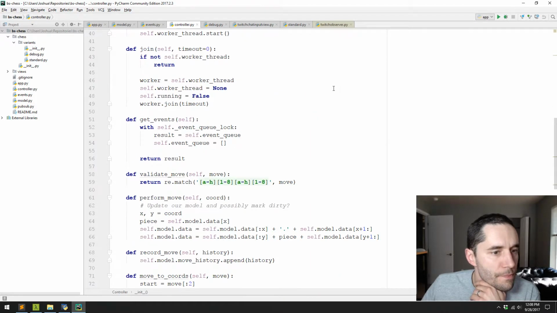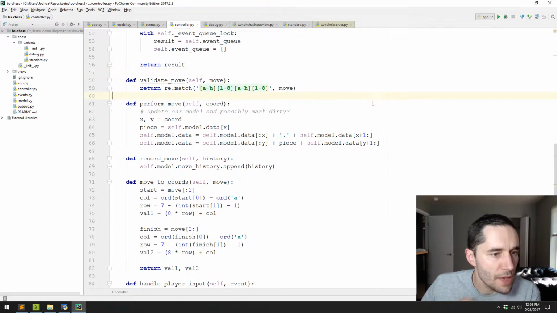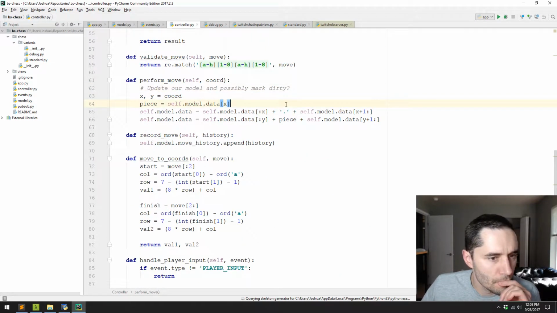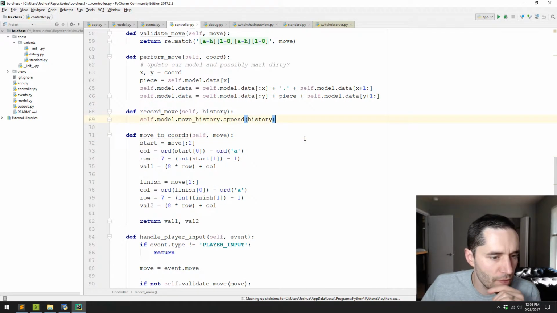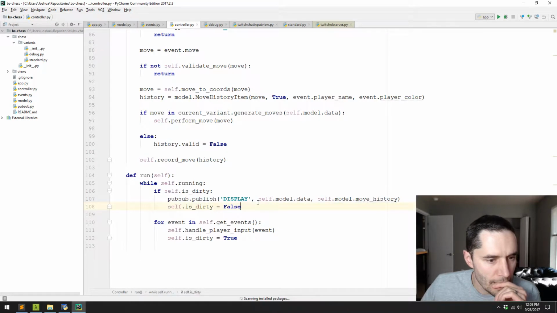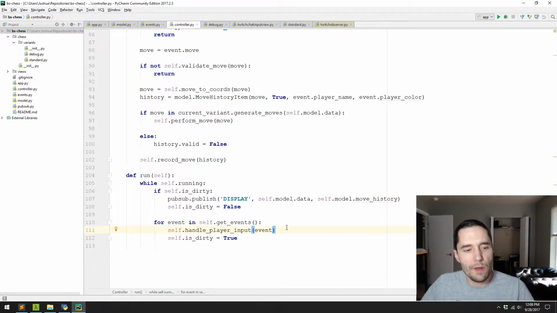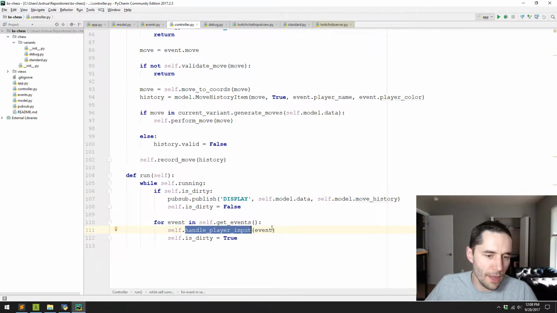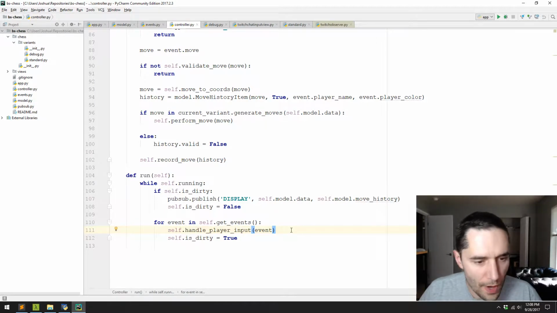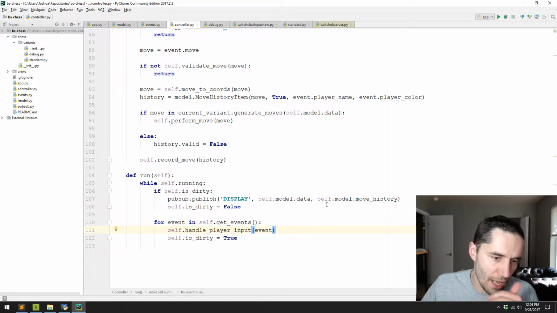and so we have a perform move, record move, move to chords. This is a dirty flag. Oh, okay. So right now how we do it is whenever we get player input, we consider ourselves to be dirty, which is probably okay because we do want to